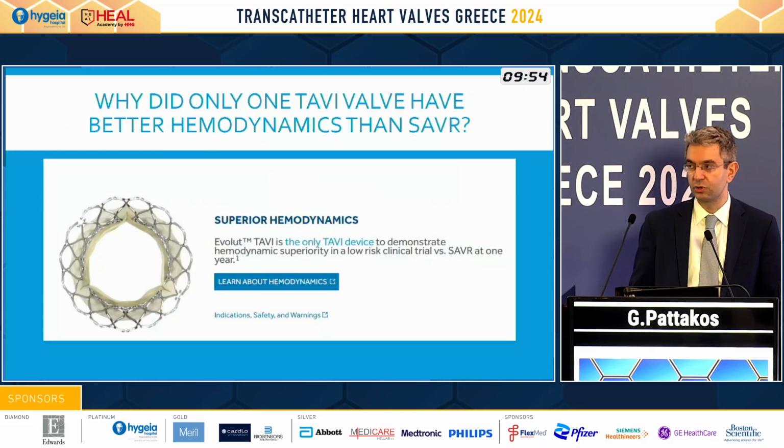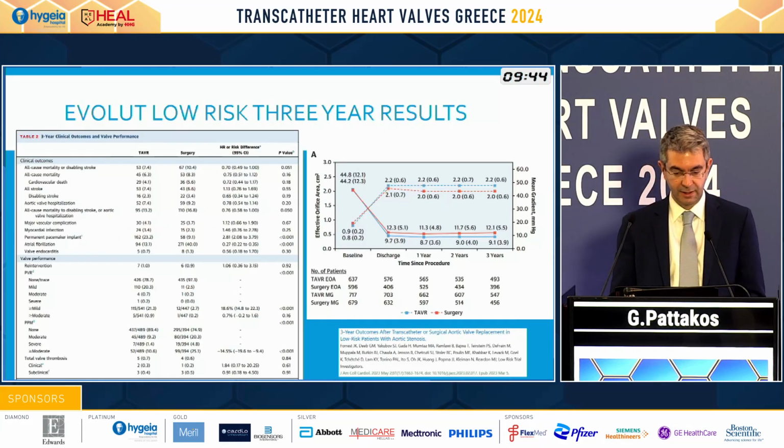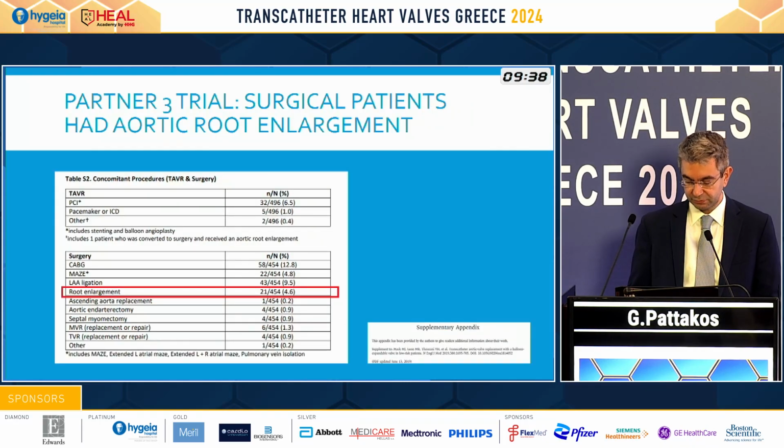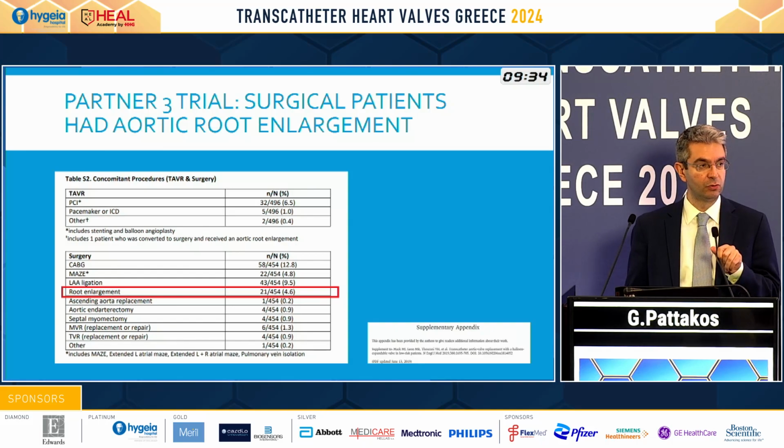When you look at the commercials that the valves put out, it's very interesting to see this, the Medtronic valve. Why did only one TAVI valve have better hemodynamics than SAVR? There's many reasons you can speculate. And so you see the Evolut low risk at 3 years, and obviously we have newer data than this that's come out. But when you look at the PARTNER 3 trial, I think it's interesting,